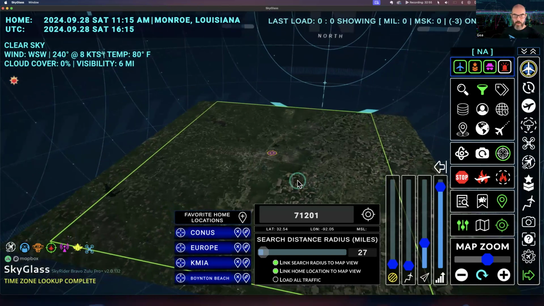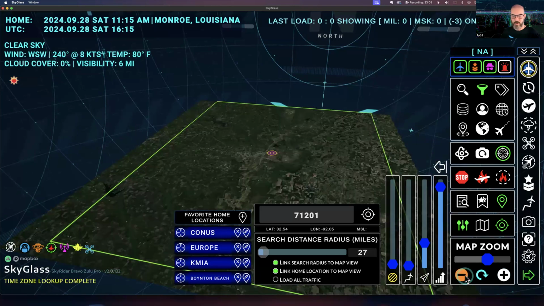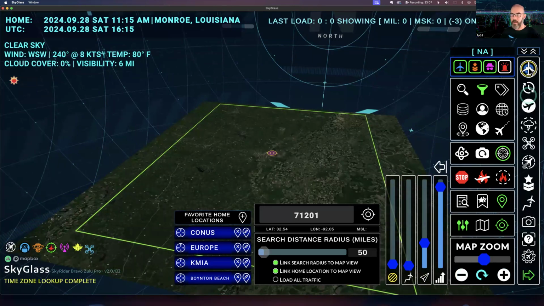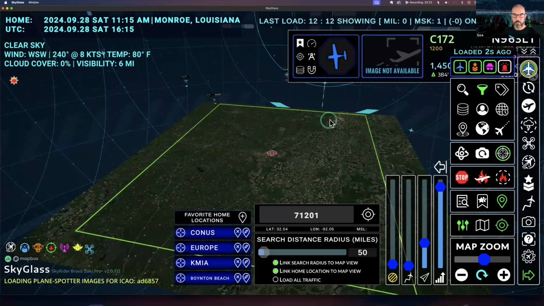All right. So as I said, dial in your location, your pause, your AO, and then dial your zoom level in. So now we're at, let's back up a little bit. 27 miles is good. Let's actually go 50. That's good. And then we can load traffic. So on the main button stack, the top button is a load button, but it basically loads a snapshot. Just a quick one-time snapshot